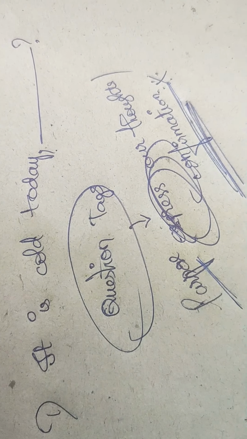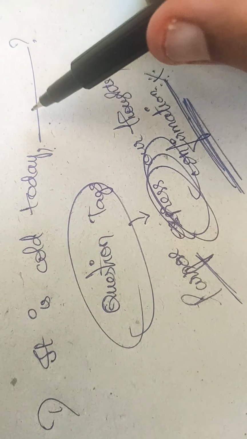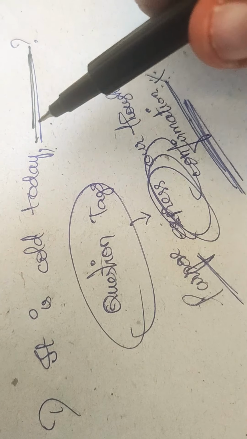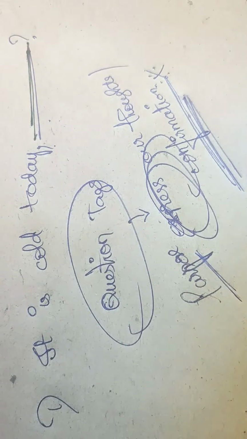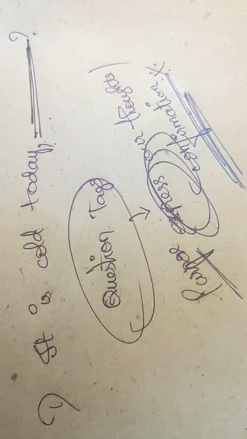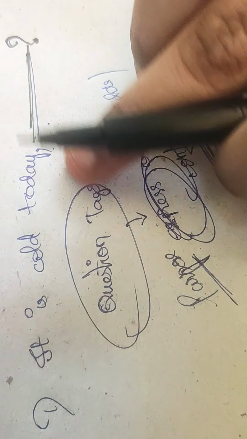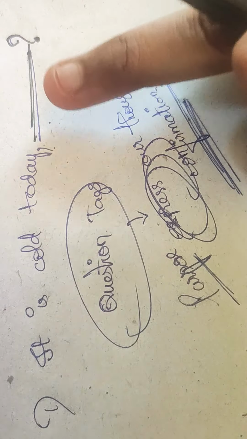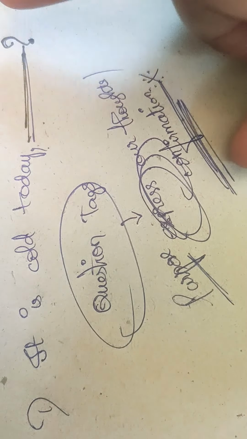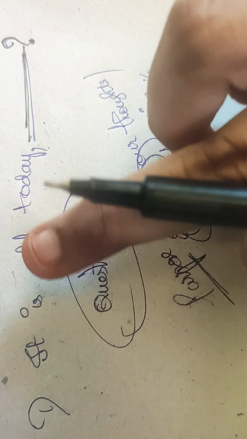If I say a sentence like this, you may think, ma'am, it is cold today. So what is the question tag I should put here? The name itself suggests that a question tag is some kind of question, so it should definitely end with a question mark. Here I have given you a question mark, but in your exams they won't give you one, so you should be aware of putting a question mark. So, it is cold today.